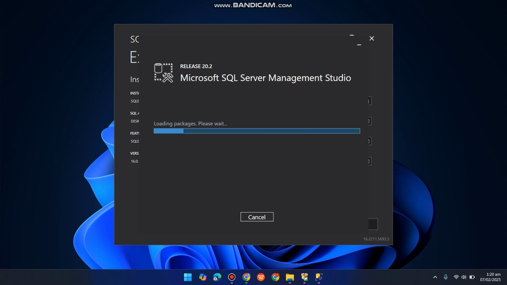So be patient for processing installation. It takes a lot of time depending on your computer performance.